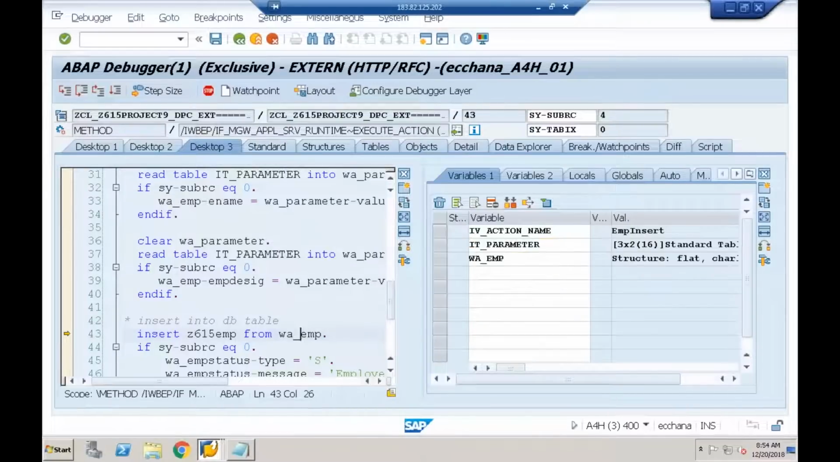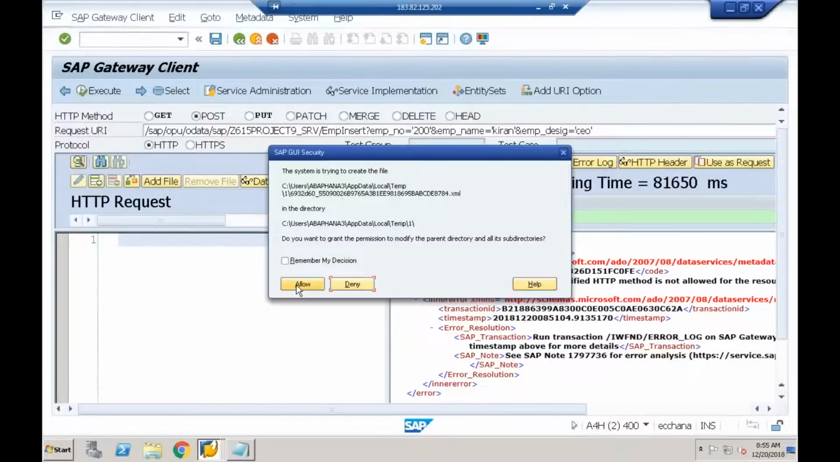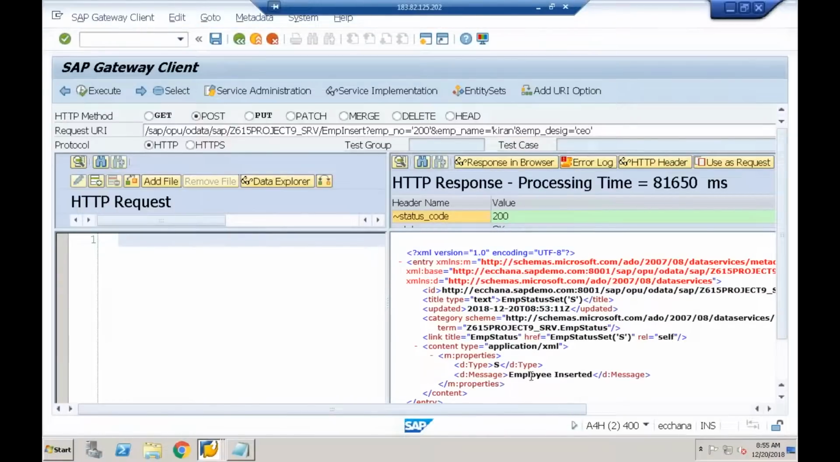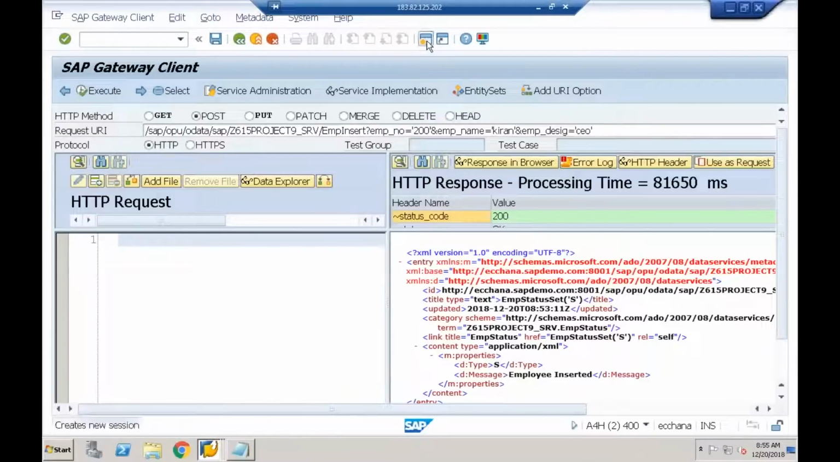Nothing is there in this work area. Yeah, it will insert the blank record now. It will insert the blank record. Employee number will be 0. There will be space. So I'm returning that. Yeah, you can see employee inserted. Understood? Actually, it has inserted what? Space. If you go back and check the table,